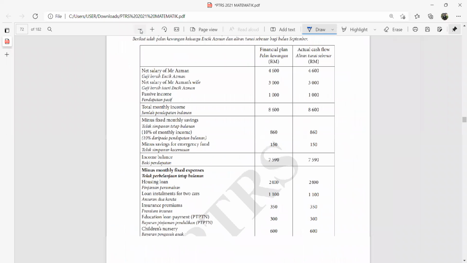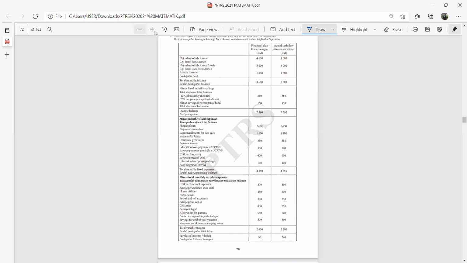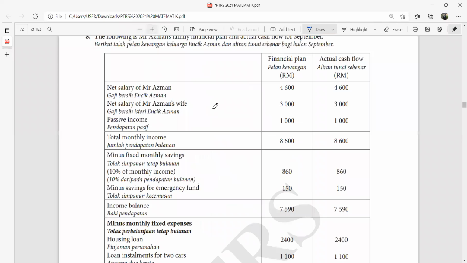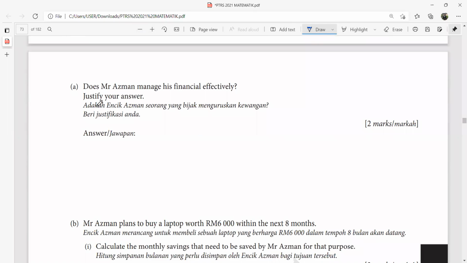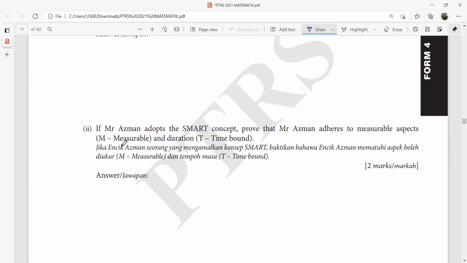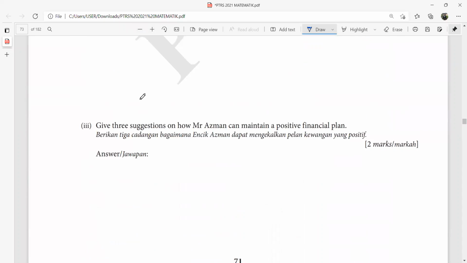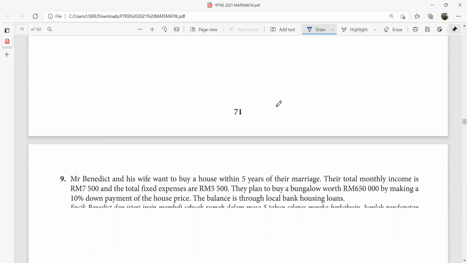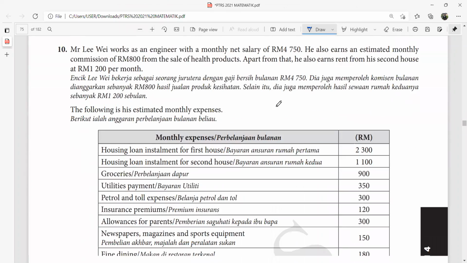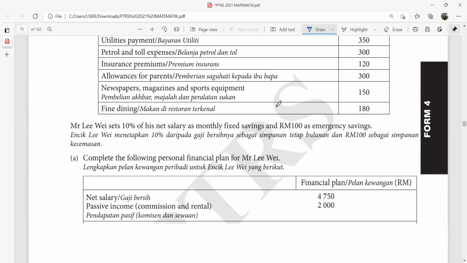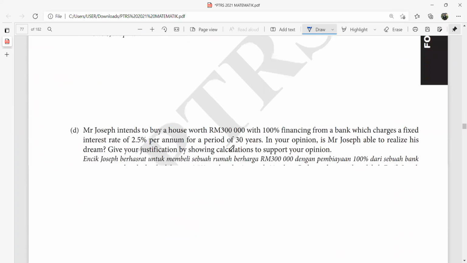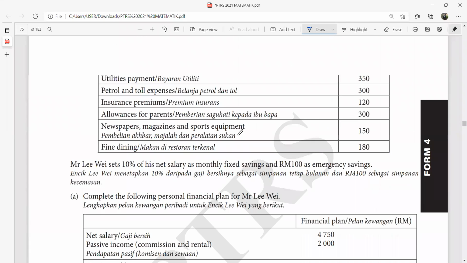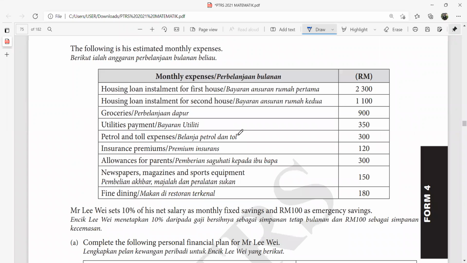Okay, now this is another type of question. Wow, a lot. So they give you a financial plan, so many things, and then question A, B, and so on. So this is how they can give you the financial plan, and they can discuss so many questions. They can also give you a table form and then answer one by one. Perhaps I will cut it into another whiteboard because it's too small for you to see if I put all together inside here.